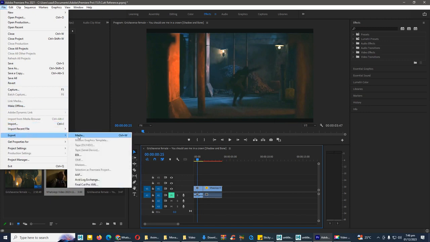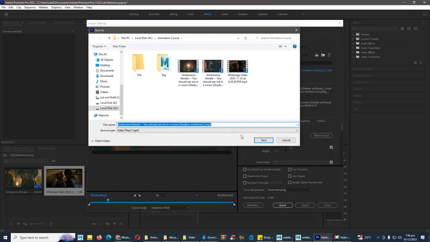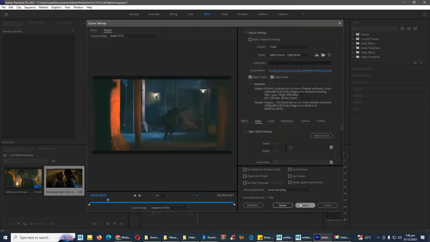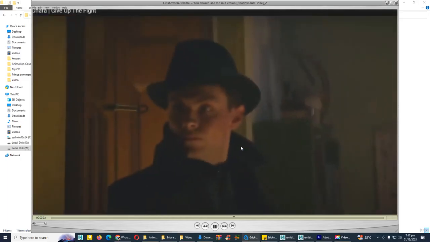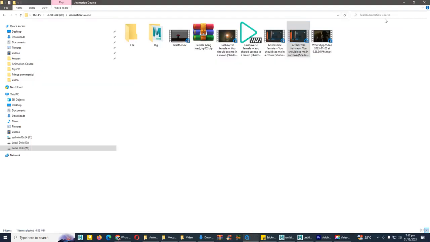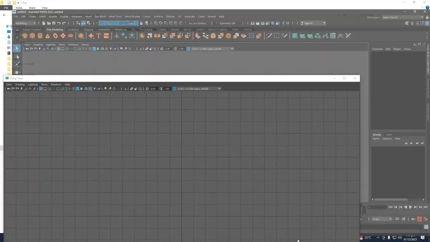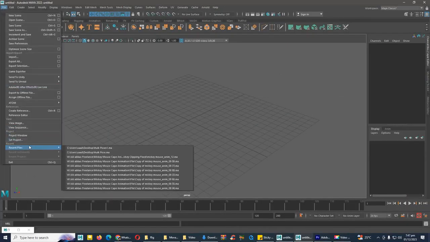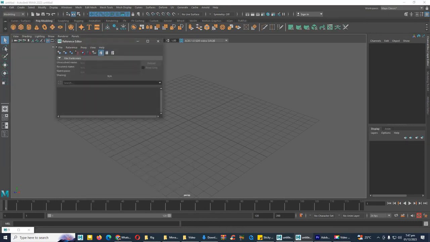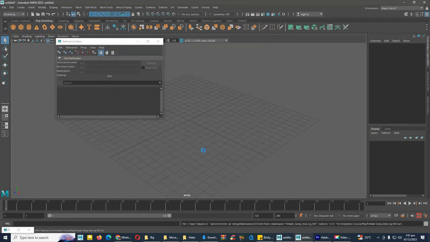So I'm just going to make a preview for this reference. Yeah, save here, export. This is the whole idea. So now I'm going to open our rig and check my rig. Go to File, Reference Editor,